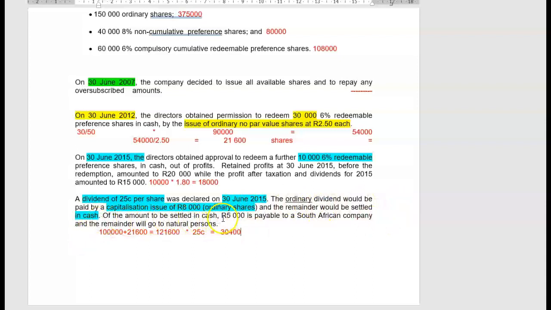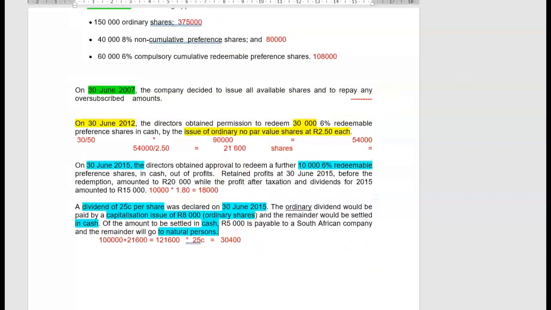Of the amount to be settled in cash, 5,000 Rand is payable to a South African company, and the remainder will go to natural persons. Now, that means that 5,000 Rand of dividend, which is going to be settled in cash, and they say here, it is the dividend payable in cash, and it's only cash dividends that are subject to dividend withholding tax. That is payable to a South African resident company, so therefore that is not subject to dividend withholding tax. Natural persons are all paying the full 20% dividend withholding tax. Now, this is only the ordinary dividend, so we still have to go and calculate, number one,